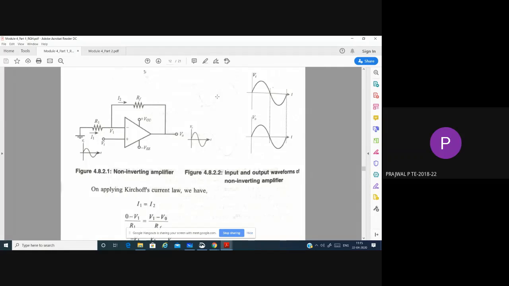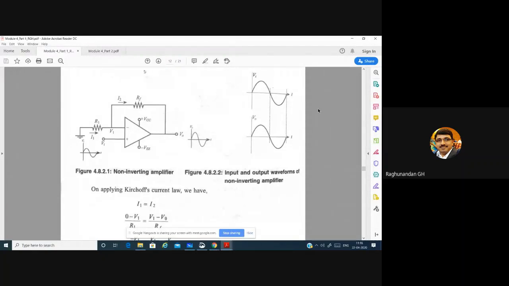Sir, output will be inverted, sir. No. When the input is going to the op amp, even a part of the feedback also goes to the input. But if we give it to the negative, a part of the feedback won't go to the input signal. Where will it go then? It won't be used, sir, because we are not giving anything to the non-inverting terminal. We are not giving a signal.